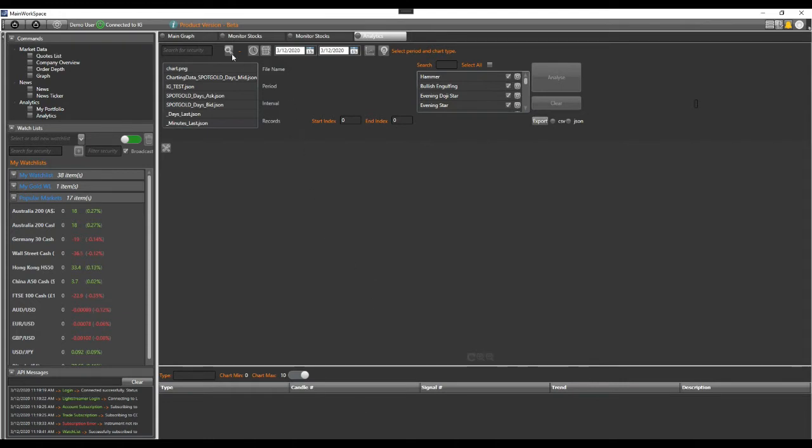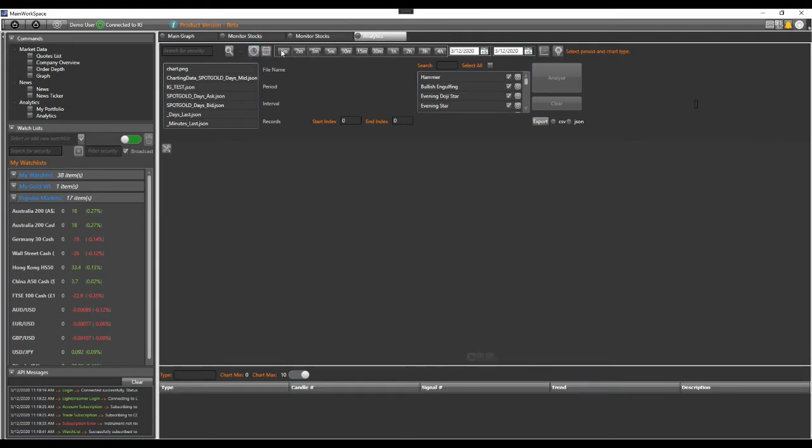Basically, it allows you, just like a normal graph, to query for your particular interval and put in a stock. You can request that data, but also whatever is requested will be saved. You can save it, and then those files will be listed down here. By selecting one of them, for example, the spot gold daily data for the bid,